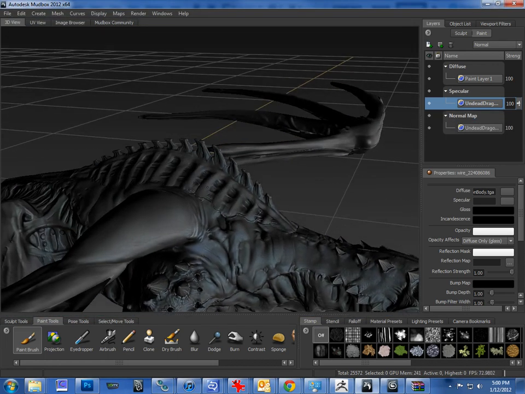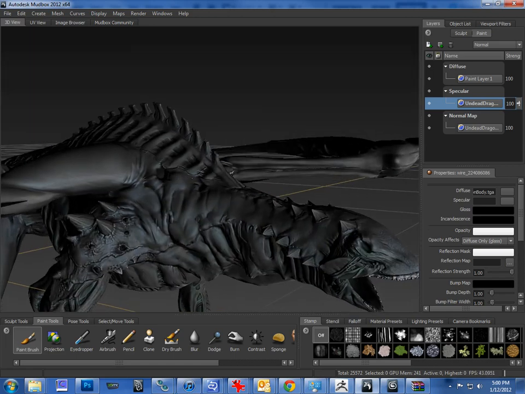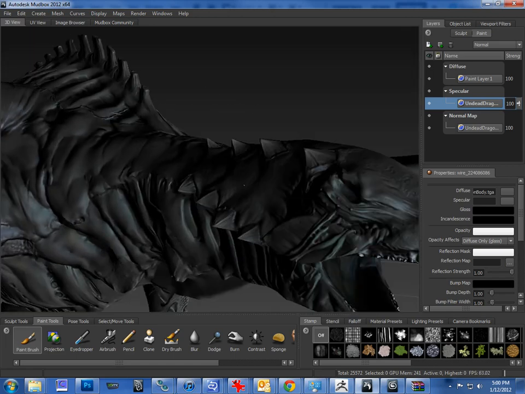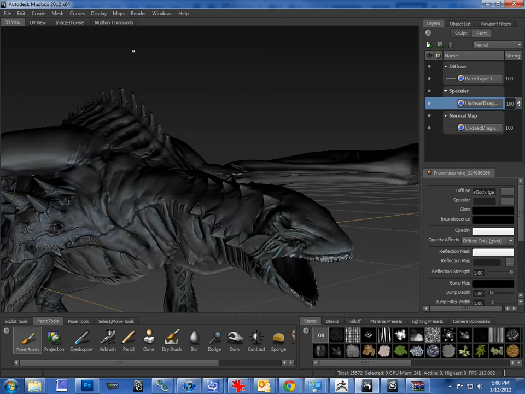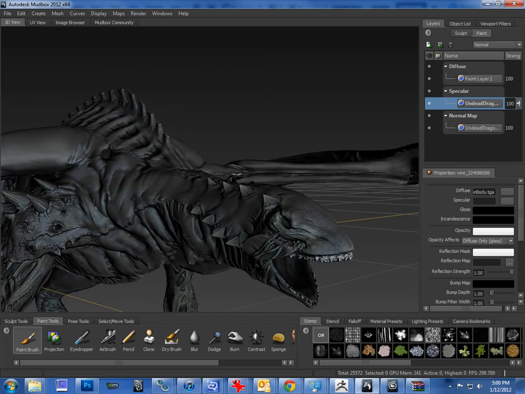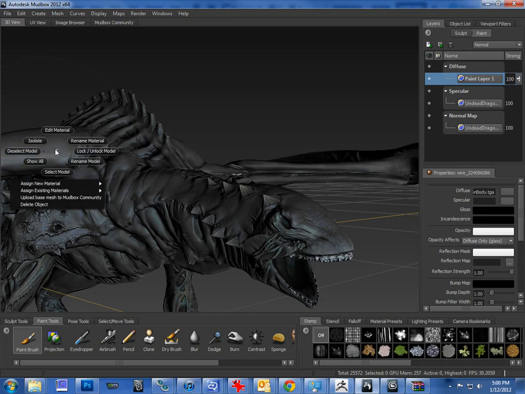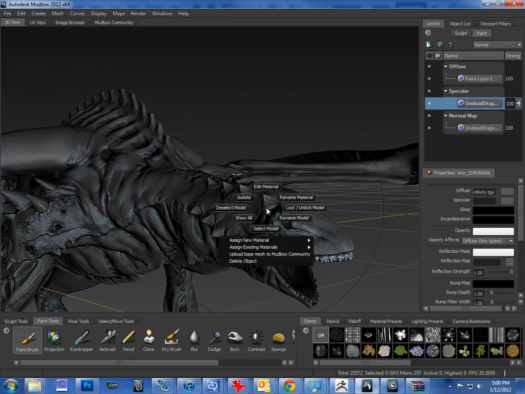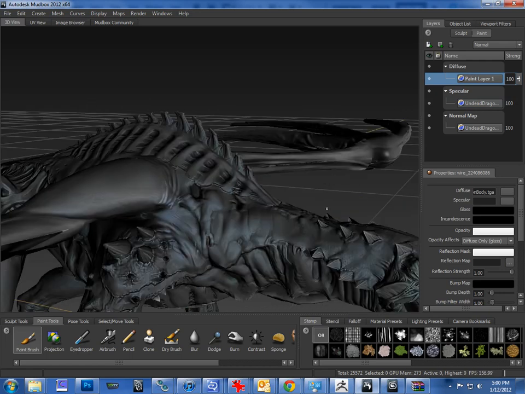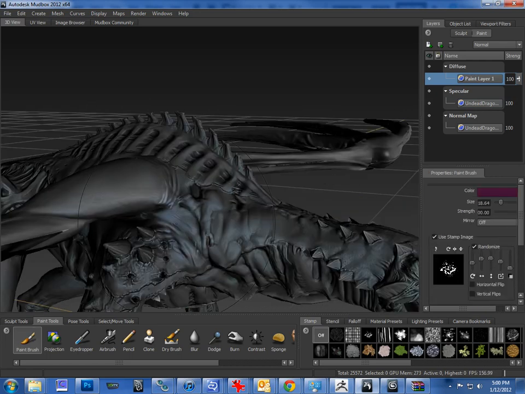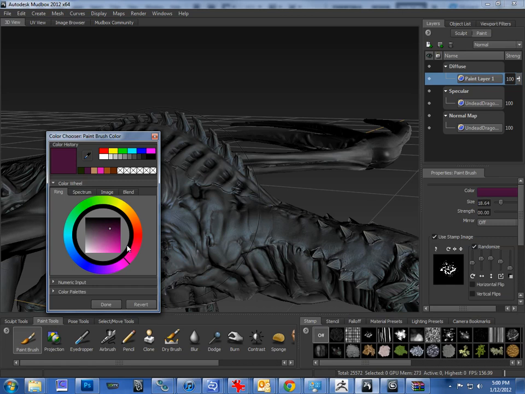And now it's important when you start painting that you select the right channels per material. So you'll see if I were to paint and have the diffuse selected on one part of my model, the body has the diffuse selected, and here you can see the specular is highlighted on the wings, it would paint opposing material types or texture types. So make sure we set them both to diffuse, and now it's just a matter of painting right there in 3D. You can see it will seamlessly paint over